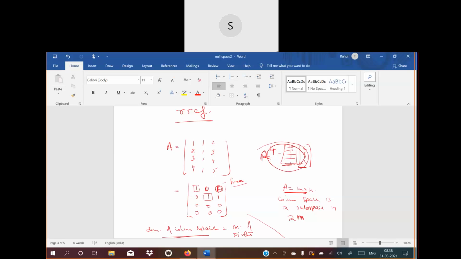So here you see that I'm in M cross N. M is my 4: 1, 2, 3, 4. That's why the column space will always have 4 elements and its dimension is 2. So I'm not in R2. Dimension is 2 means I have 2 vectors in that R4. That becomes my subspace, the column space.